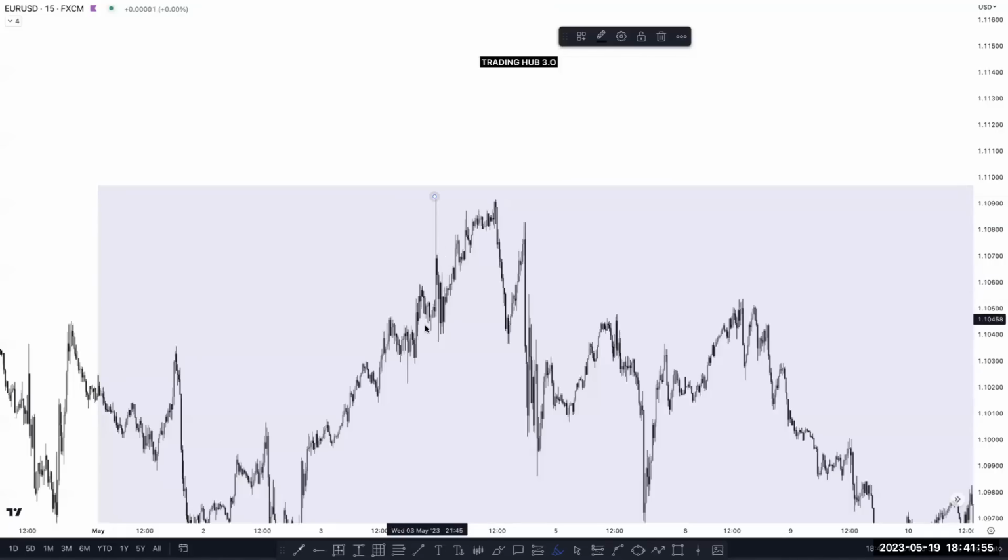Where is our previous structure? You can see this inducement taken out here, right? And this confirms a higher high and a higher low, right? But this higher low is not confirmed here because the structure is not broken. So you have to check the previous one, this higher high, higher low, because it took out the inducement and broke this structure, break of structure, pushed upside, took out this higher high, confirmed here, pushed downside, and this is a CHoCH, right? So this is the confirmed CHoCH, pushed downside,